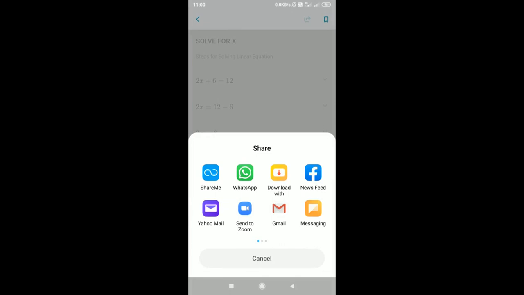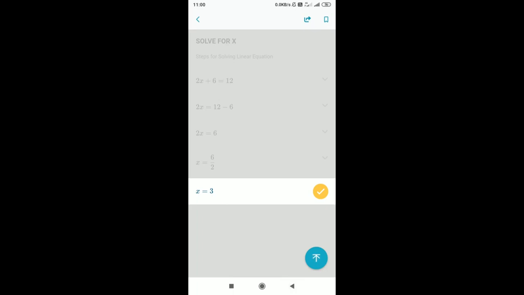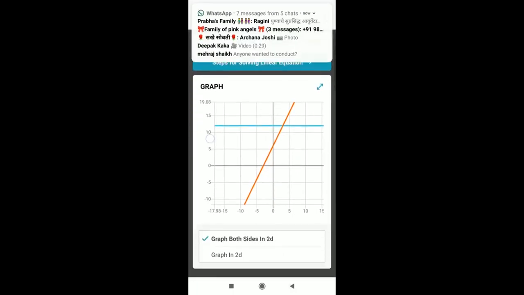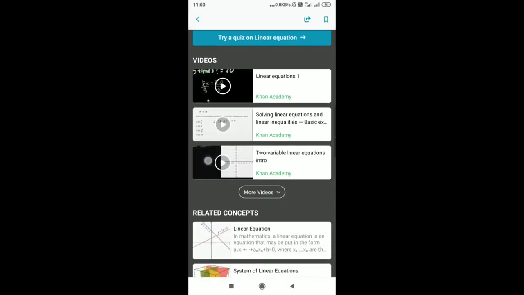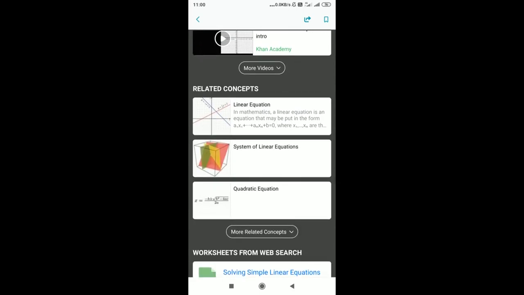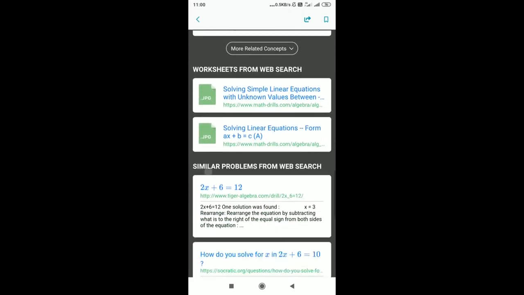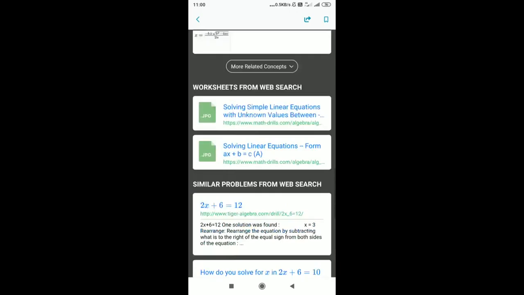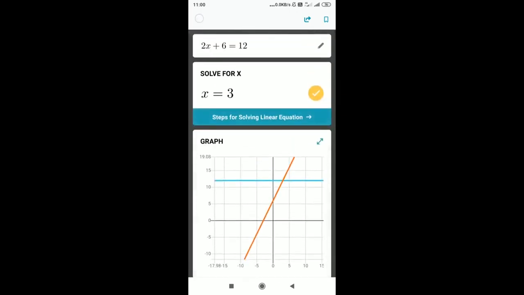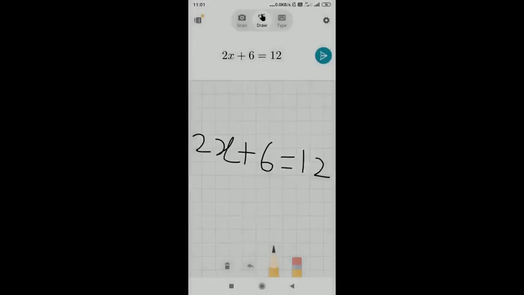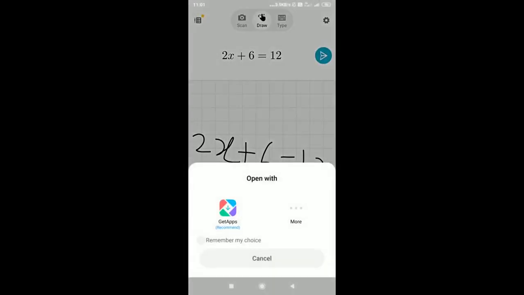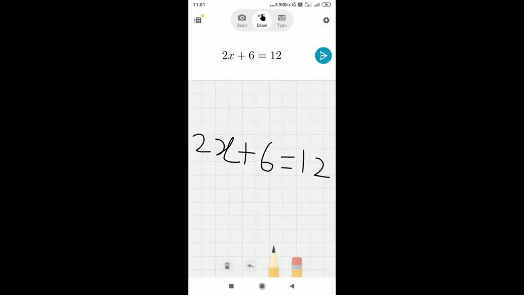You can also share this on Facebook or Twitter. Also it shows the graphical presentation, quiz regarding that problem, videos, notes, worksheets from the web search, etc. Now next you can type also, using the typewriter.